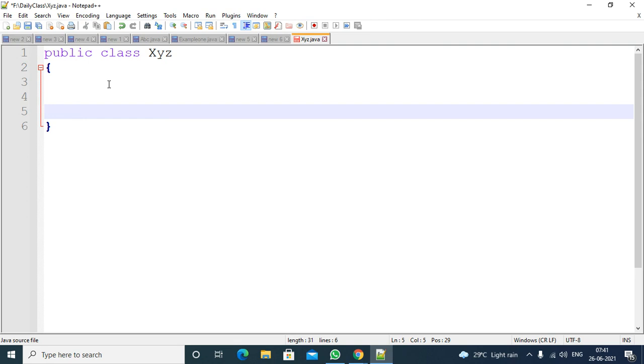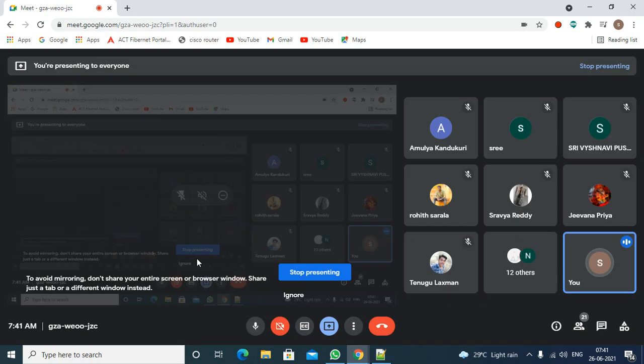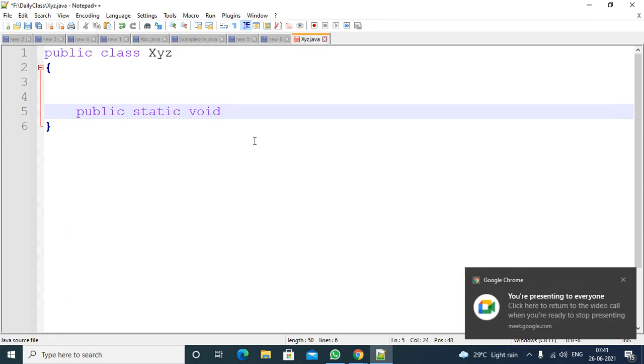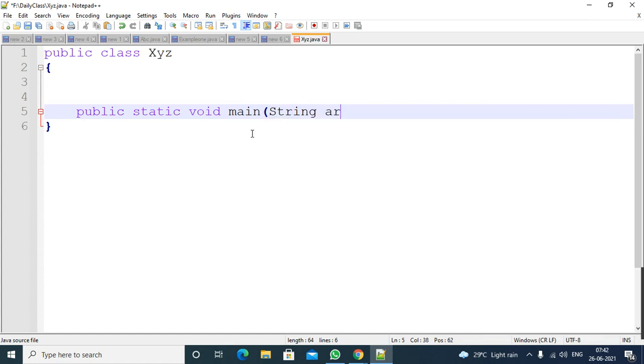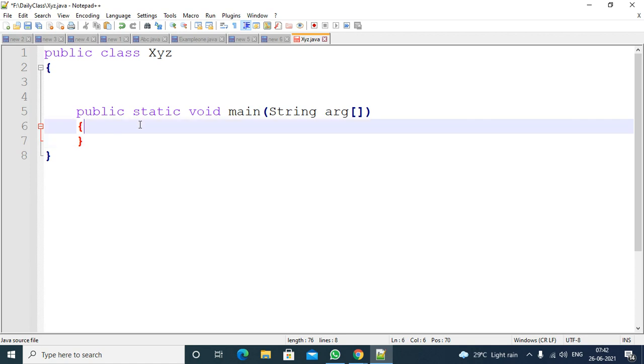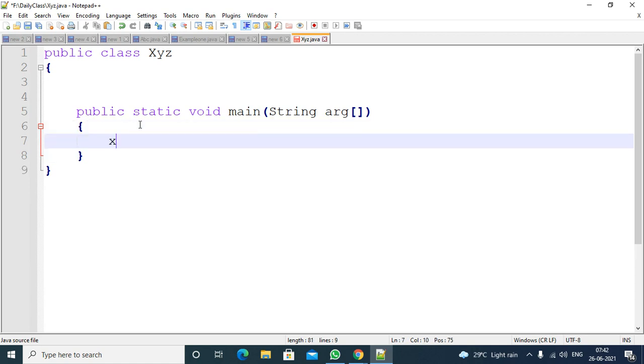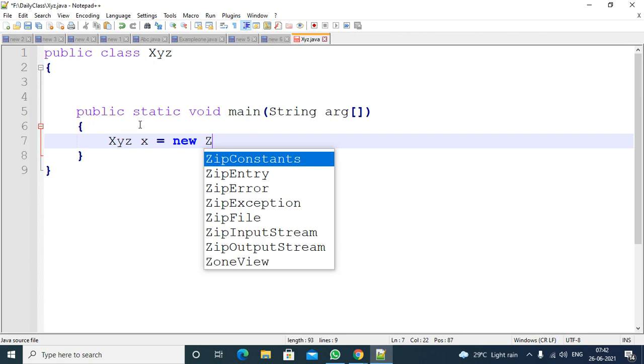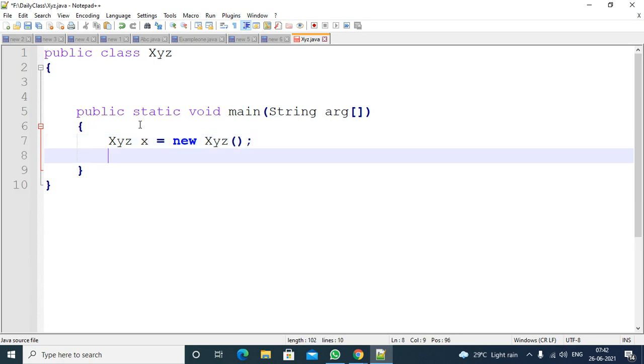Now observe public static void main, String args. Inside this, just create an object with a reference.